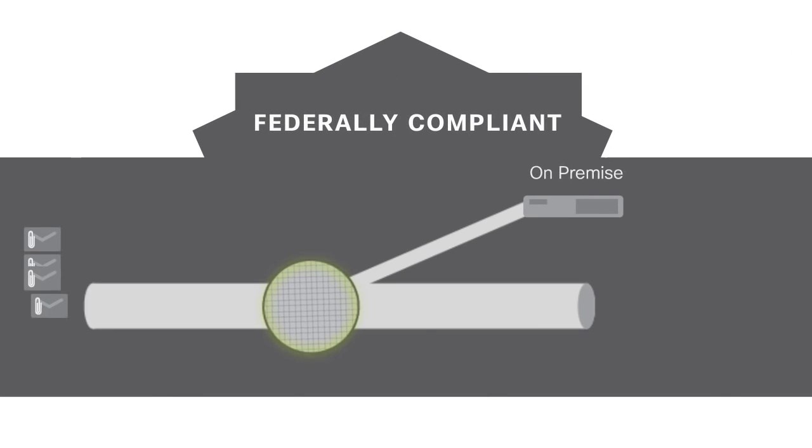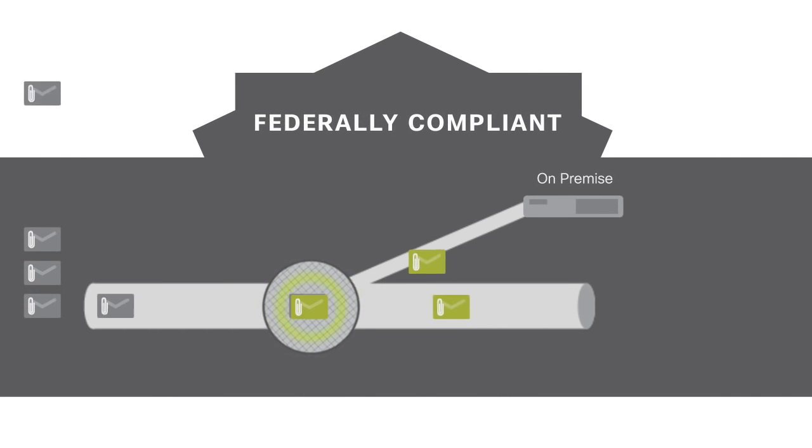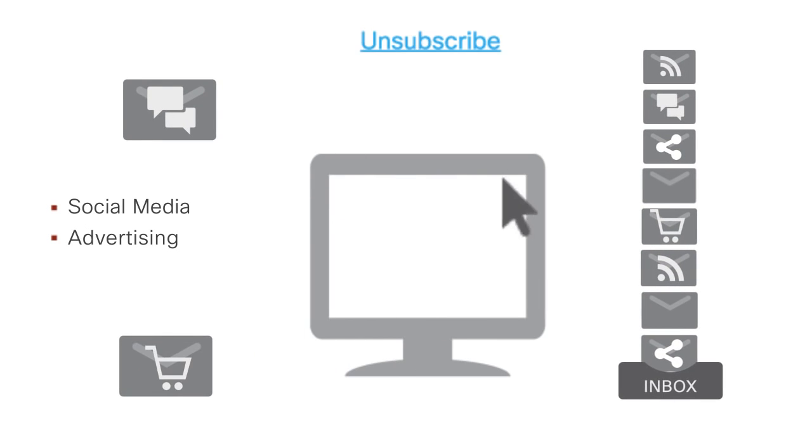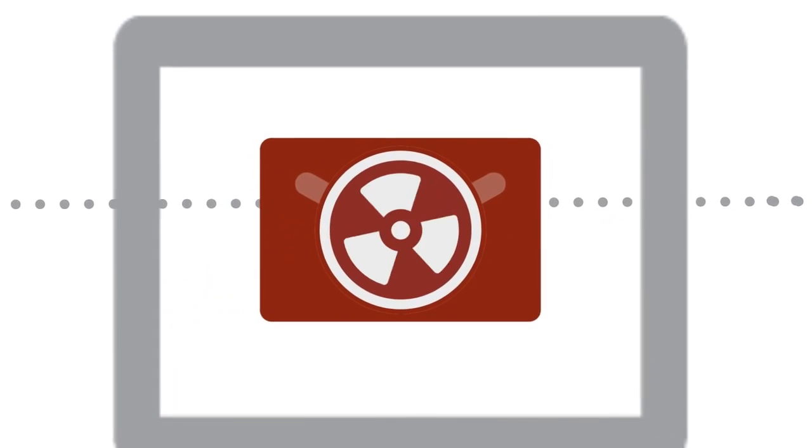AMP Threat Grid is offered as a cloud service, but can be deployed as an on-premise solution for organizations with compliance or policy restrictions that prohibit third-party analysis of content. And what about the graymail problem? A new feature, Graymail Management, lets you quarantine or deliver graymail with a safe unsubscribe option. By reducing email volume and unwanted graymail, your security team and the Cisco Email Security Solution can focus on remediating